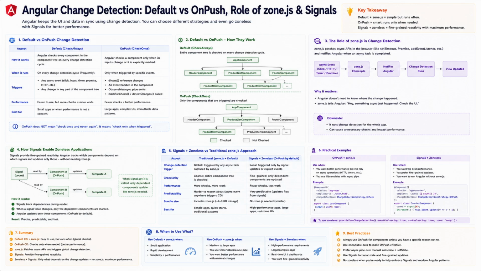Yeah, so Angular has change detection strategy, which is nothing but keeping your UI in sync with your component. Angular has two change detection strategies, default and OnPush. With the default strategy, Angular checks the entire component tree whenever something happens, like events, observables emitting, or promises resolving. That will reduce your